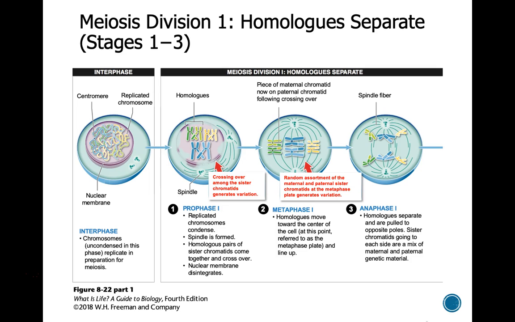All right, so let's go through each of these stages in meiosis. Again, I'm not going to go through them in super detail because the molecular process that's happening is actually the same as mitosis. So instead, I'm going to point out some of the similarities and some of the differences. So interphase, we replicate our chromosomes. Then we enter the process of meiosis. So in your gonads, those cells are never going to undergo mitosis. They are always going to undergo meiosis.